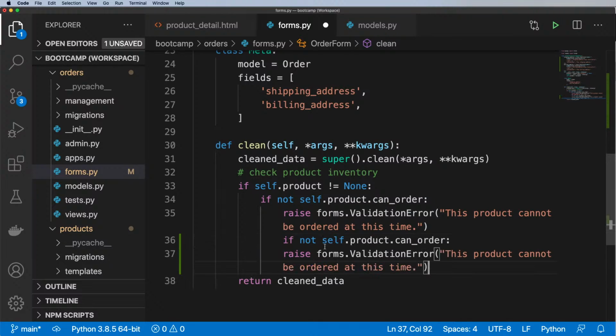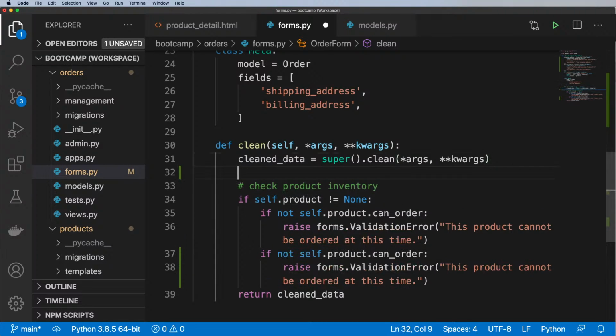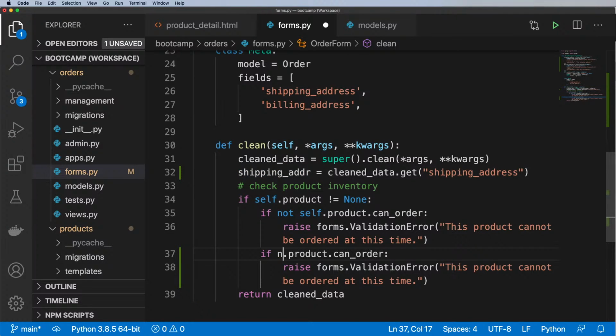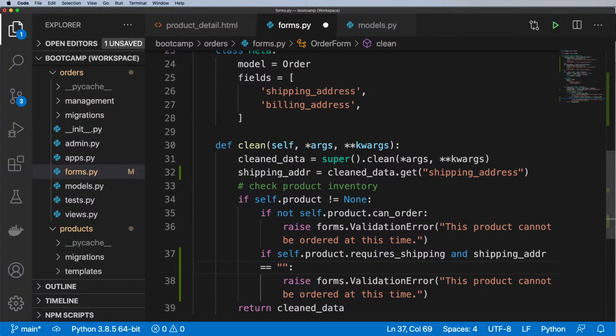And then we also want to see if we have a shipping address. So first and foremost, we'll go ahead and say shipping address equals cleaned data.get and shipping address. And now if the product, so if self.product requires shipping and shipping address is equal to an empty string, or